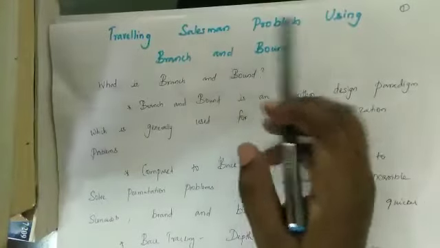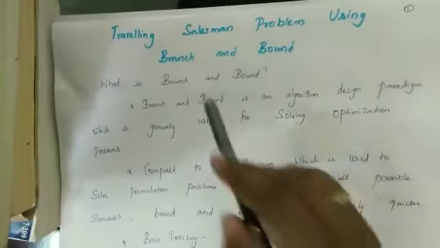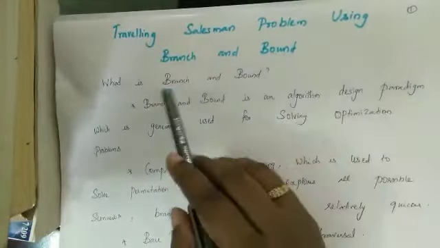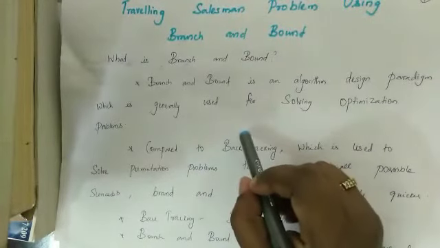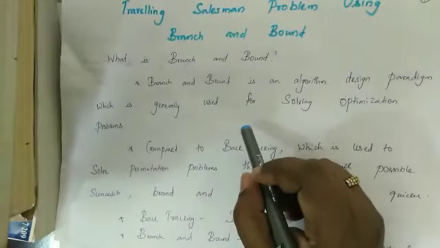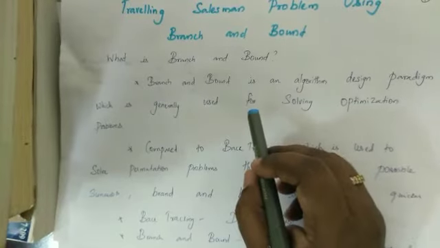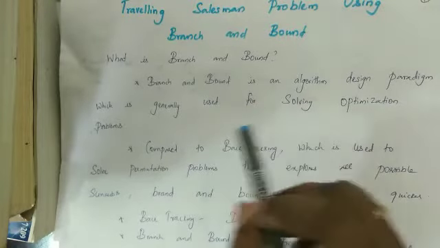Hello all, today we are going to see about the traveling salesman problem using branch and bound. So first we need to understand what branch and bound is. Branch and bound is an algorithm design paradigm which is generally used to solve optimization problems. In problems where we need to find the optimized, best solution, we have to use